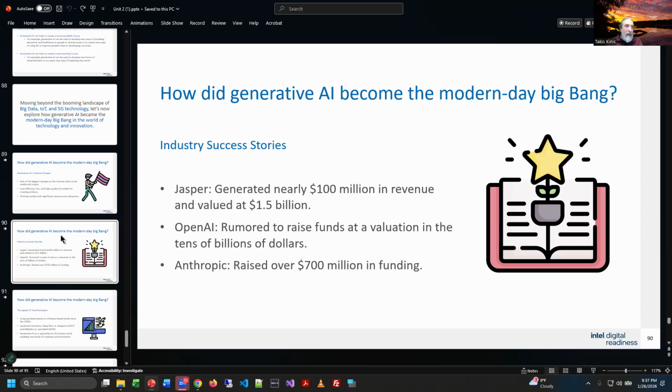And then you have Anthropic, which is the company that created Claude, right? And Claude is the one that a lot of coders use, by the way. Lots of interest, and a lot of people are investing in it. When they were putting these slides together, the investments were going in. There's a lot of people freaking out, thinking there's going to be an AI bubble.